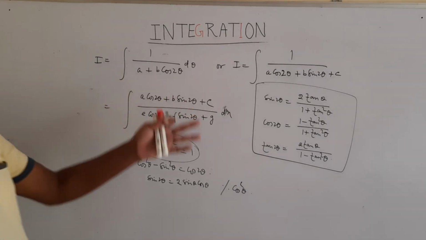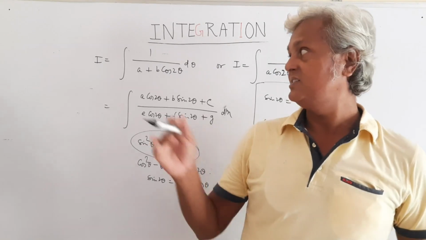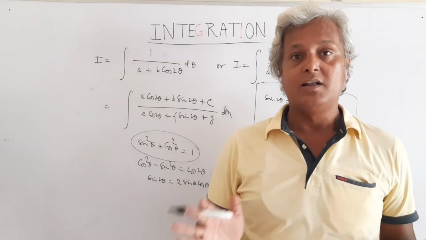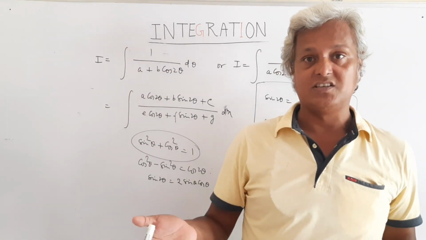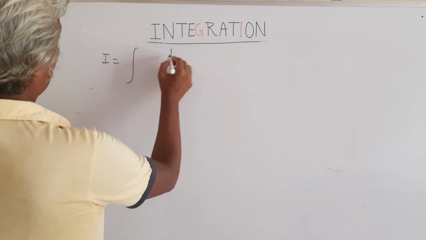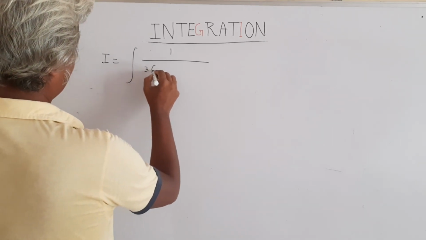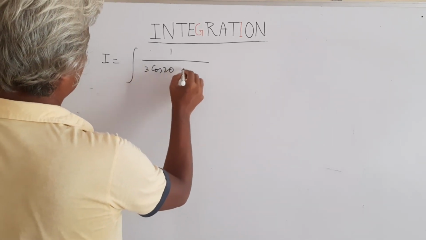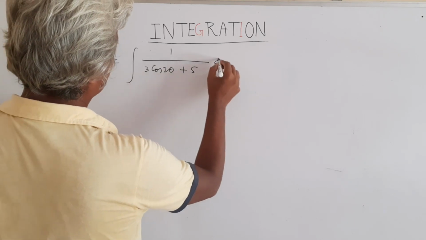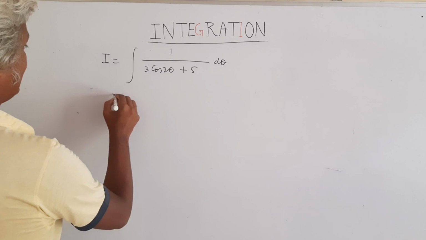Now these are just the discussion of the forms. Now I'll solve one question for each of these three forms one by one, by taking a standard question. So here I take a form that is integral of 1 over 3 cos 2 theta plus 5 d theta. How will you do that? So what I'm going to do is, at the place of this cos 2 theta,